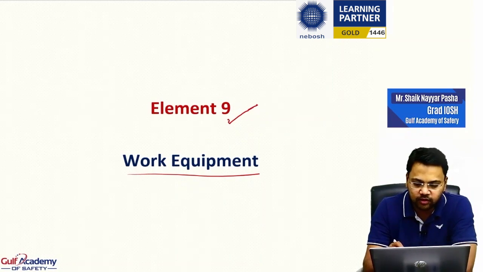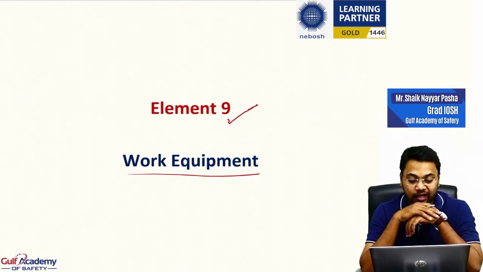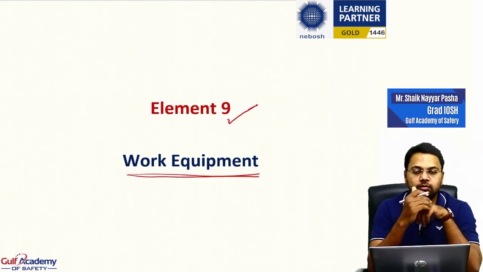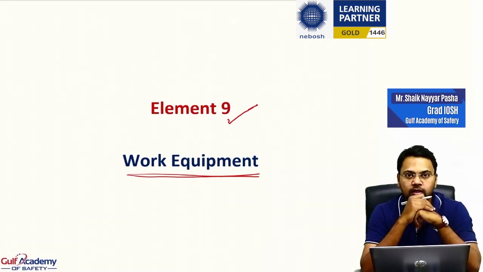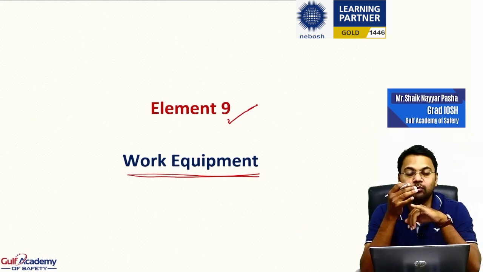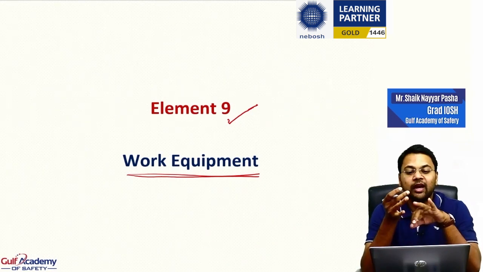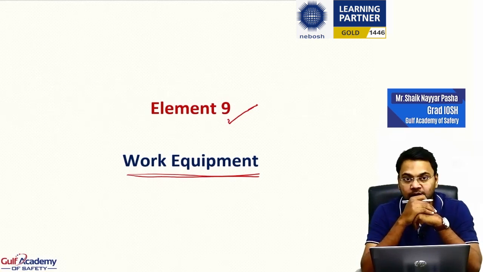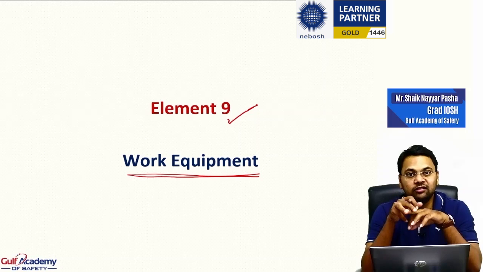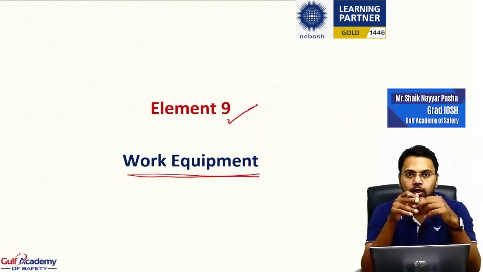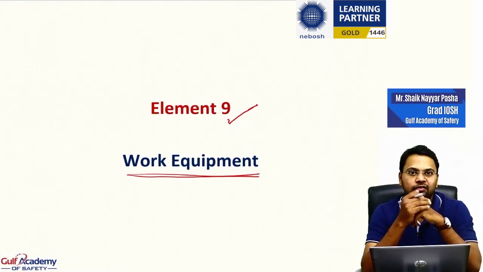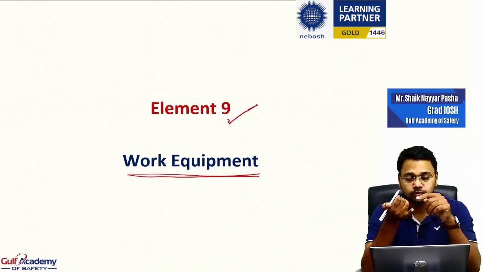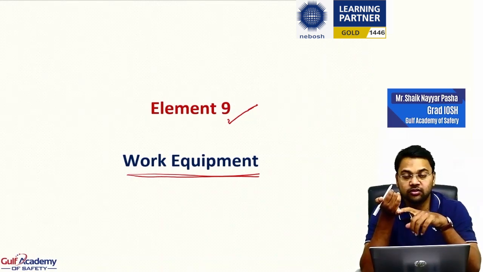So, the next element that we are starting is element 9, which is about work equipment. In this element we are going to discuss what the general requirements of work equipment are, and then the risks associated with machinery maintenance activities and what precautions can be taken by the management to reduce the risks, and